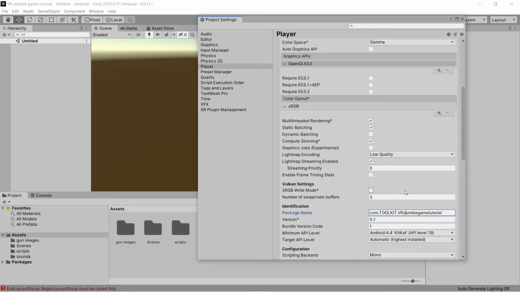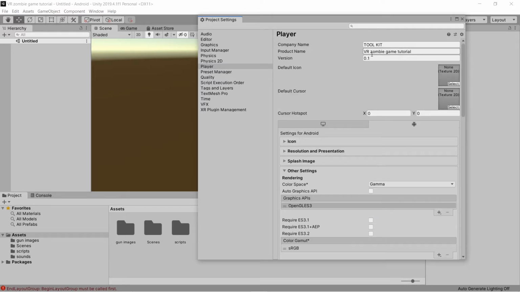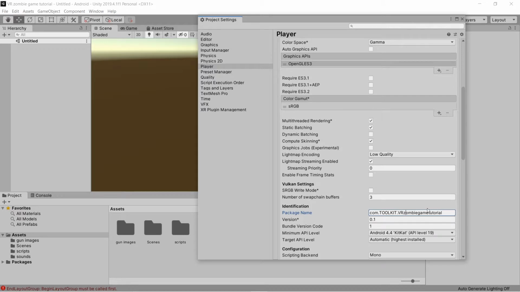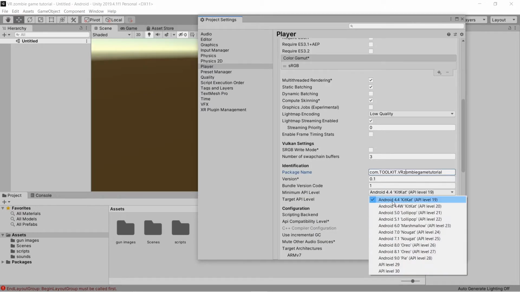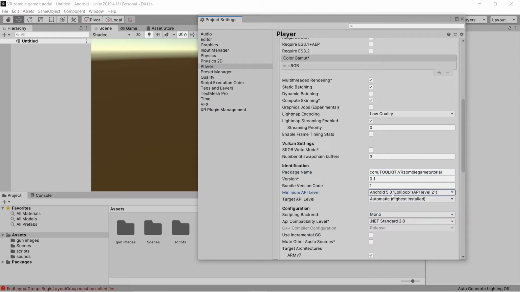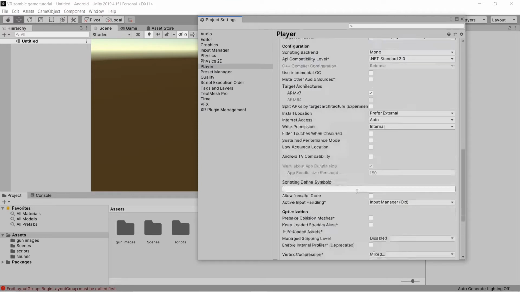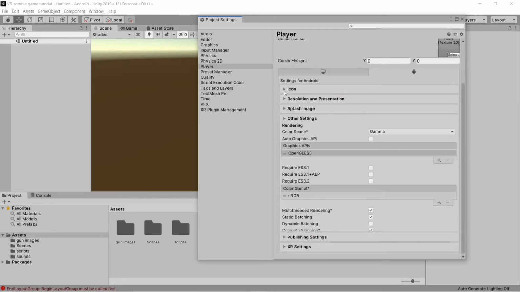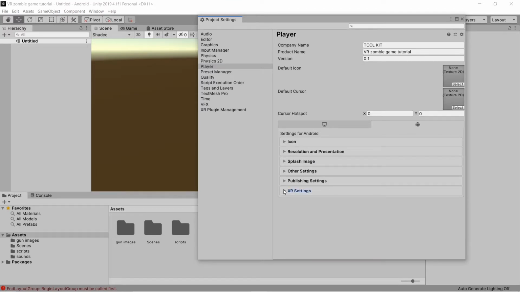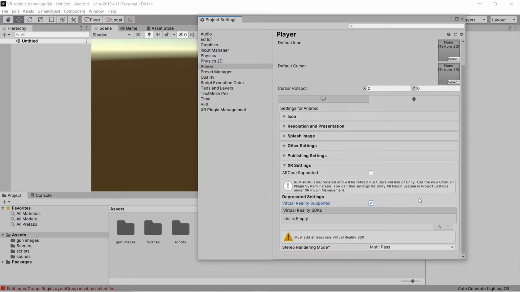And make sure that this is somewhat like this. That's the company name and the product name, just like this. Set the minimum API level to Lollipop or as you would like it, and target API to highest installed. Now once that's done, you can minimize the other settings, go to XR settings, XR now, and click on VR